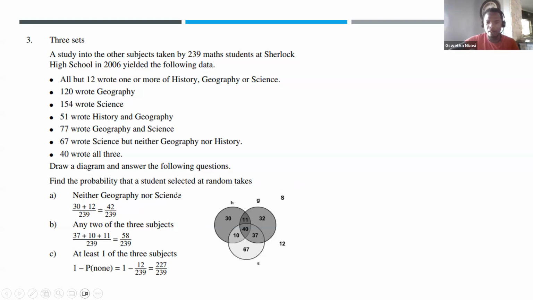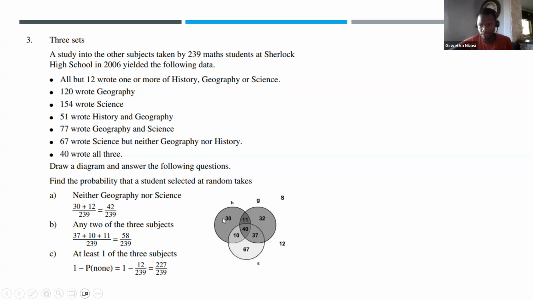So now we are focusing on those students that will not take geography and will not take science. So for geography, that student doesn't take it, even here at the intersections. For science, that student doesn't take it, even here at the intersections. What are you left with? We are left with 30 students that took